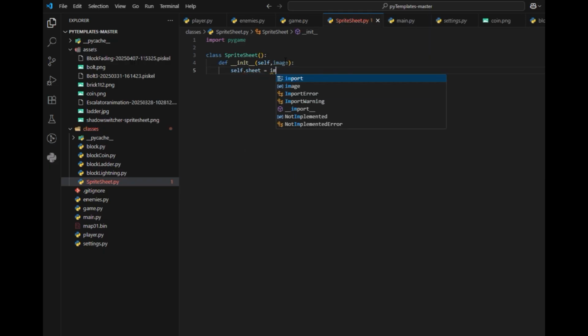Self.sheet is equal to image, so we're going to create a local variable called sheet, and then another function to get the image. And on this one, we're going to pass down the frame, the offset, the width, and the height. This is how we'll grab that particular image. And the image is going to equal, and this is where it gets a little confusing. So we're going to